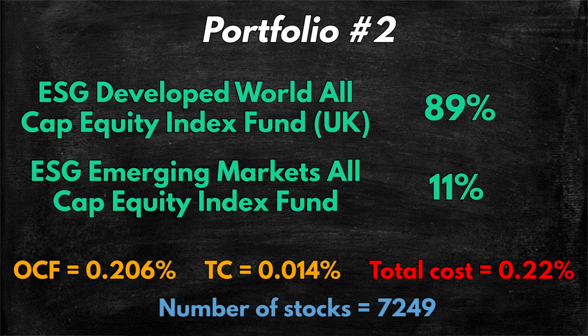This gives us an average ongoing charge of 0.206% and an average transaction cost of 0.014%, which adds up to a total of 0.22%. The portfolio also holds a total of around 7,250 stocks. So this 2-fund portfolio actually invests in more stocks than the previous fund, yet it has a lower ongoing charge